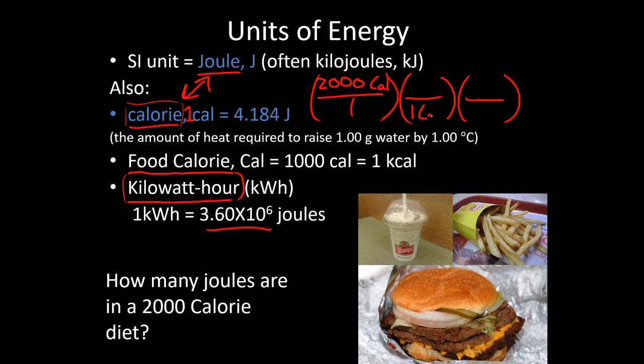For every one of these big C calories, there are 1,000 little c calories. And then for every little c calorie, there are 4.184 joules. So if I calculate that, 2,000 times 1,000 times 4.184,